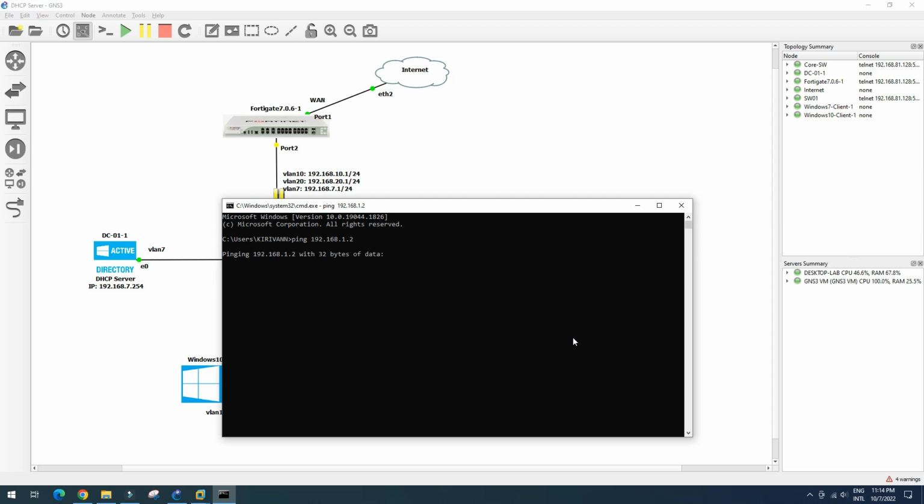Still cannot ping our firewall. Okay, so we cannot ping our firewall, so maybe